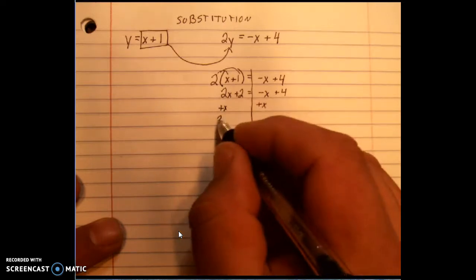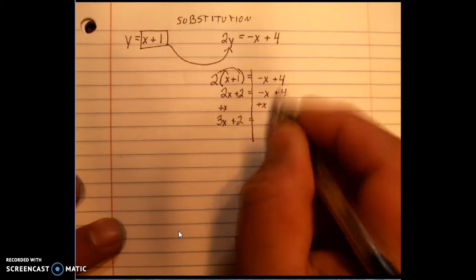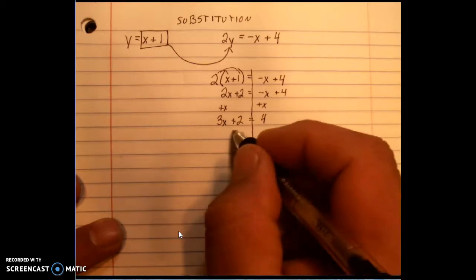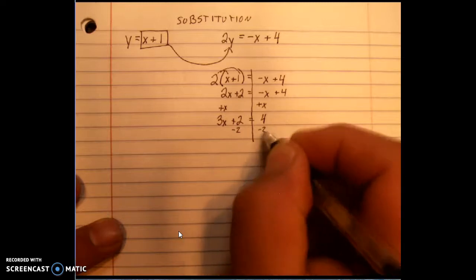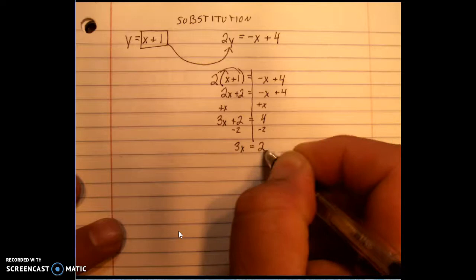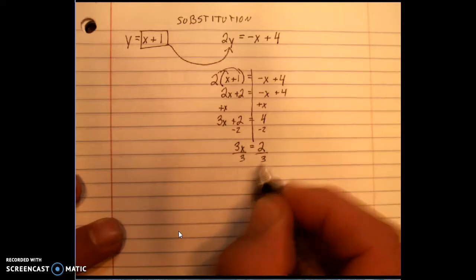That's going to give me 3x plus 2 equals 4. I'm going to subtract 2, giving me 3x equals 2,